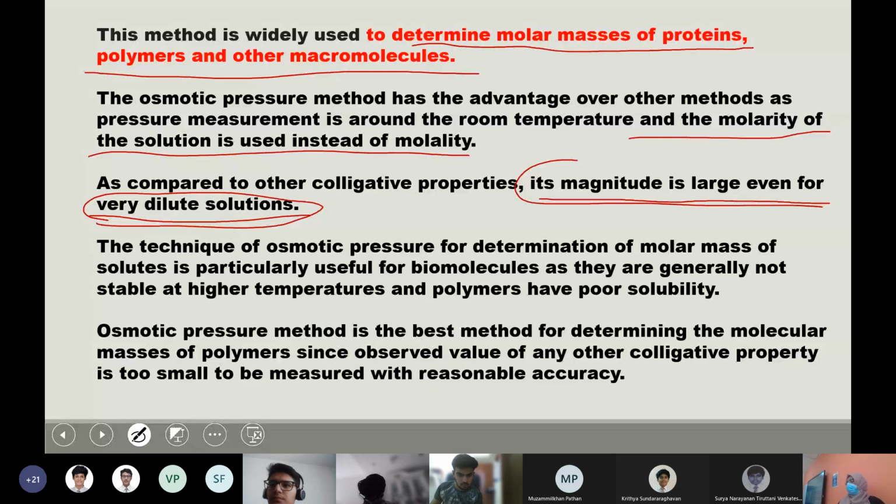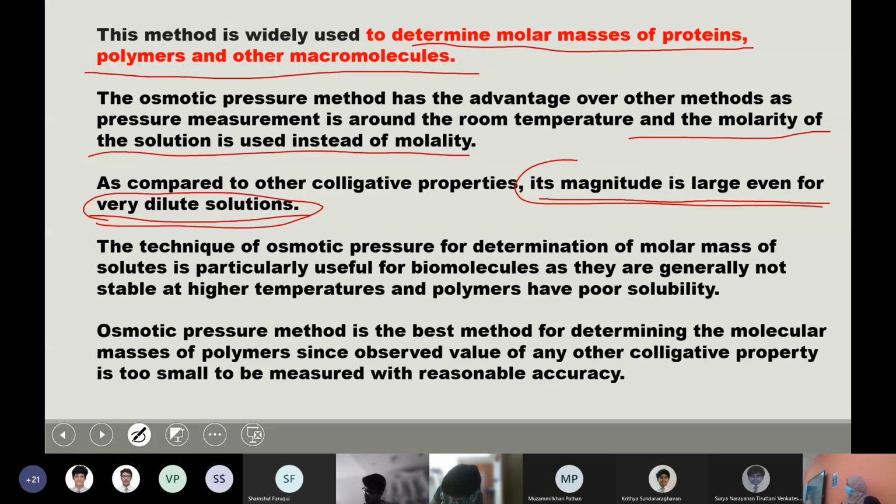See, colligative properties are the properties which depend on the concentration of the solute. If you have a solution, there are some other properties which do not depend on how much solute is added. So in a solution, these four colligative properties are there: lowering of vapor pressure, elevation of boiling point, depression of freezing point, and osmotic pressure. These are all properties which are directly related to the concentration of the solute. That means you can study a solute by analyzing these properties. That is why we say that using colligative properties, it's easy to determine the molar mass of the solute.